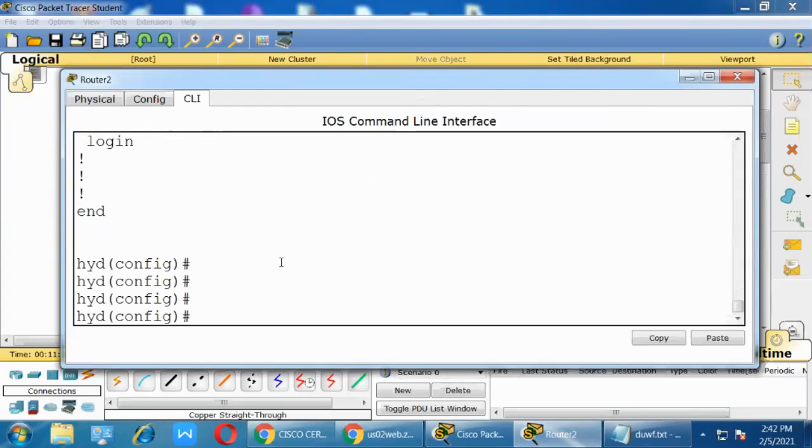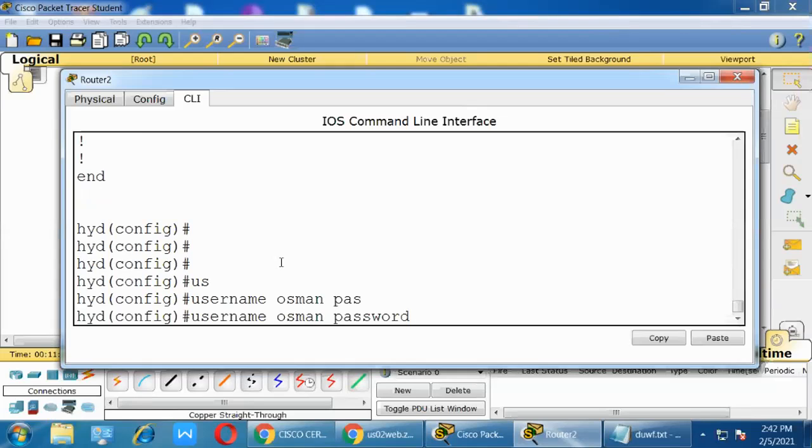So how can I create the user? Username, for example, Usman, and password XYZ.